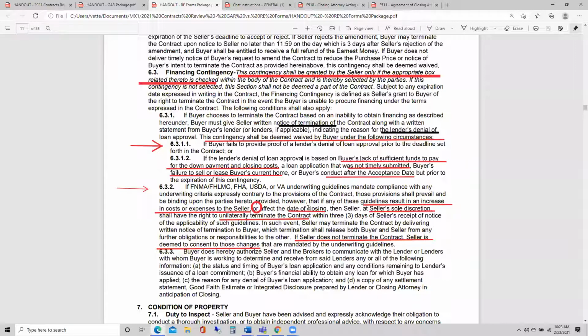So by the date of closing, that would mean if the lender hasn't sent out those TRID disclosures, they can't close on the contract closing date. So that's going to affect the date of closing. Then there's not a unilateral right to extend, but the seller has a unilateral right to terminate the contract. So if guidelines mandate are going to affect the date of closing,